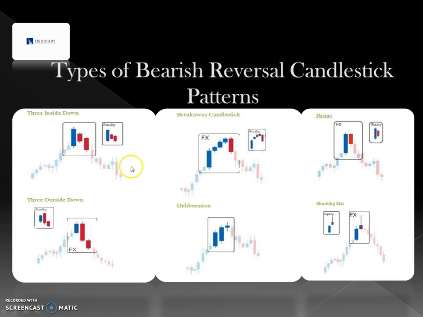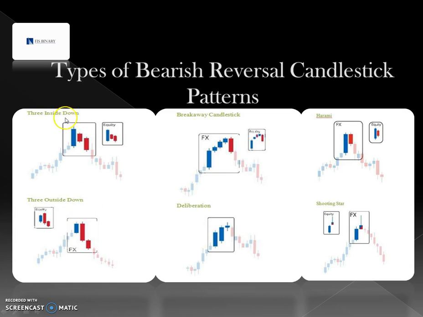We have many types of bearish reversal candlestick patterns, but I would like to just discuss a few. We have the 3 inside down, the breakaway candlestick, the harami, the shooting star, the deliberation,